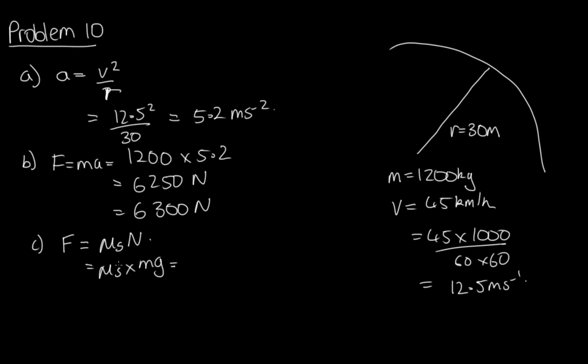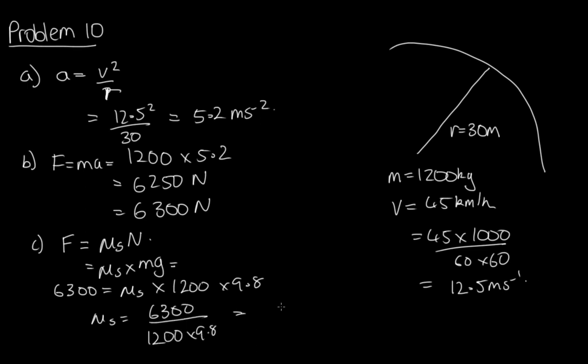and so now substituting in our numbers, we've got 6,300 is equal to mu s times 1,200 times 9.8, and so mu s is equal to 6,300 over 1,200 times 9.8, and solving this on the calculator, we end up with 0.53. So the coefficient of static friction needs to be at least this in order to keep the car on the road in this case. If it got less than this, then the car would start to swerve off